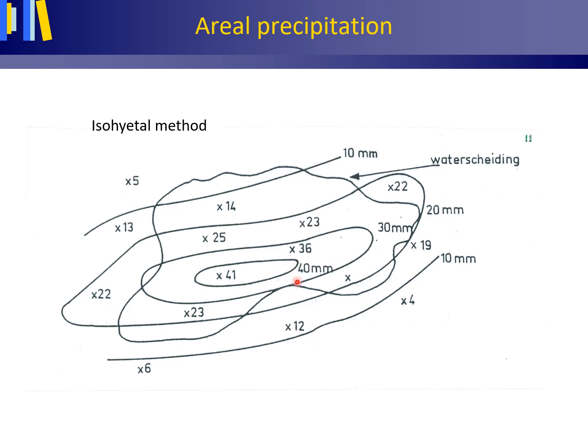For instance, here we have an area under study for which I want to know the aerial precipitation. I have a number of rain gauges. Listed are the precipitation depths for these rain gauges, and the isohyets are constructed. Here we have an isohyet of 10 millimeters, and here we have part of the isohyet of 20 millimeters. So in this area, we have on average 15 millimeters.